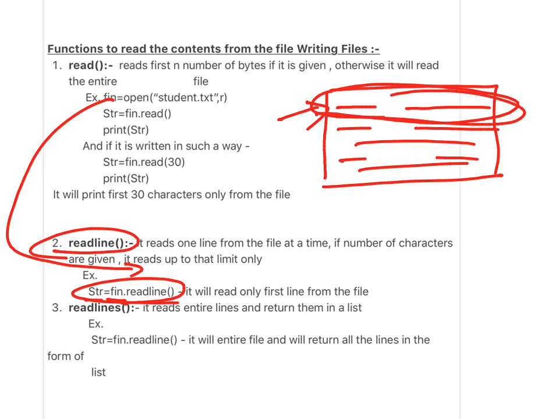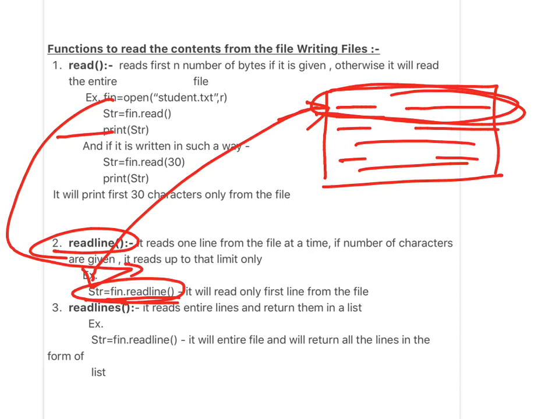Now when you write this fin dot readline, it will read one complete line from here and store it into the variable str, and then finally you write the print statement. This print statement will print